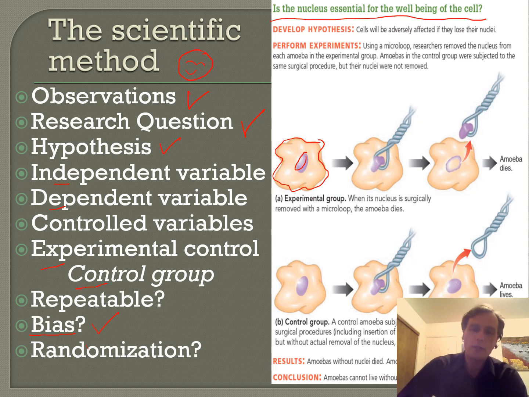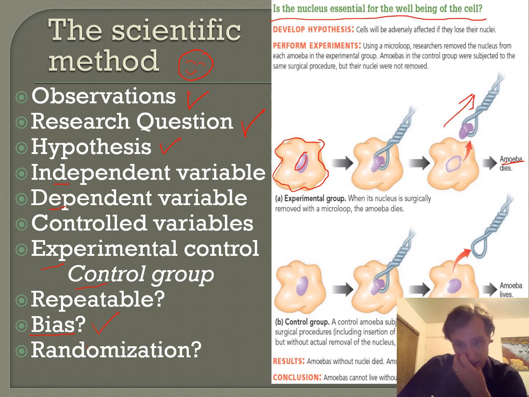So they thought, well, let's remove that thing in the cell, the nucleus, and then see what happens. And what happens? We got this hook. Somebody's really good with tiny hooks, and they stuck this tiny hook into the cell, and they pulled out the nucleus. Okay, it's pulled out now. No nucleus in this cell. And what happens? Well, this cell dies. This is an amoeba. They're pretty cool if you ever get to see one. The amoeba, or the cell, has died.